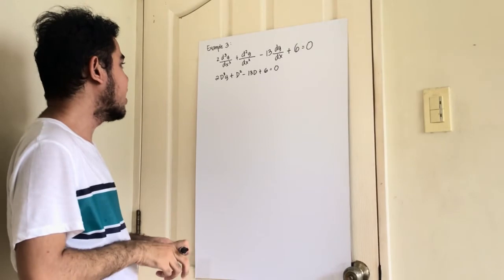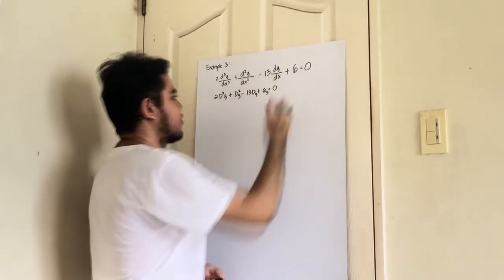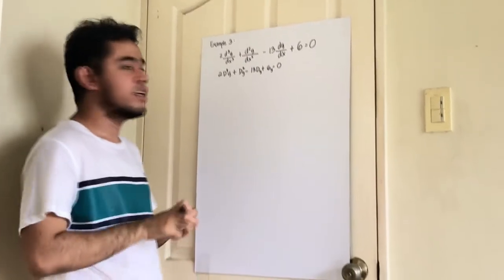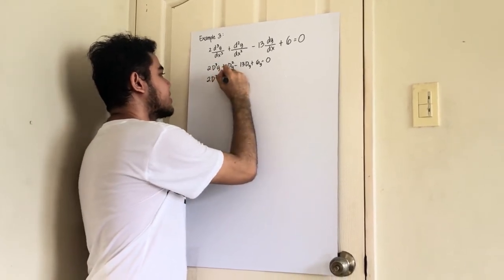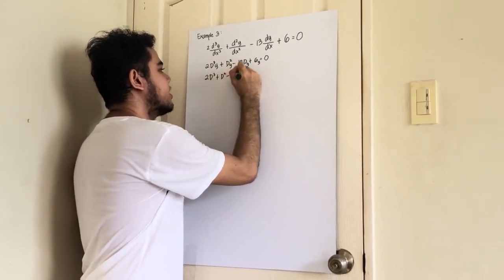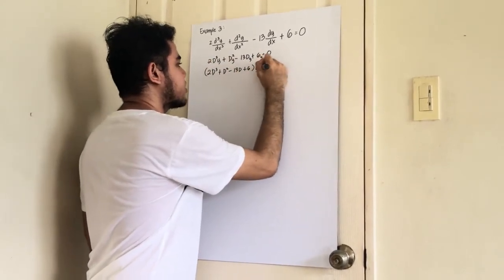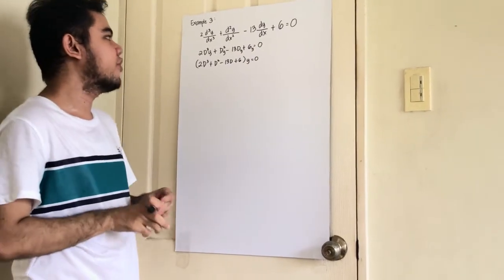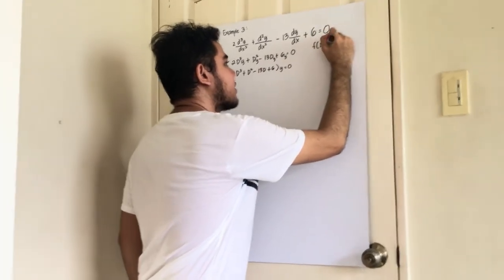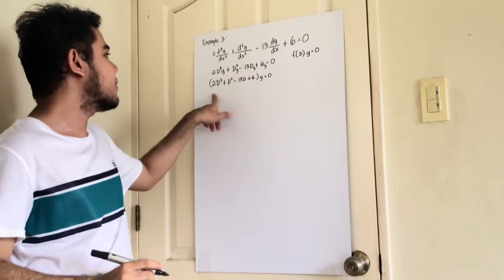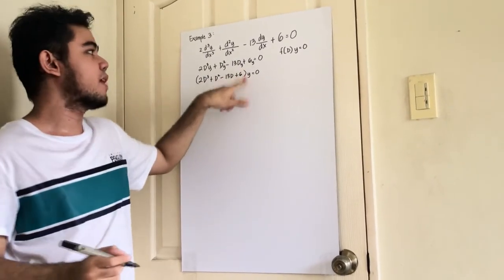Then y is equal to 0. Then isolate the y's: 2d cubed plus d squared minus 13d plus 6 times y, which is equal to 0. So note that the differential form would be like this, f of d times y, which is equal to 0. So, diba? Same na siya. f of d, which is 2d cubed plus d squared minus 13d plus 6 times y, same na siya ng